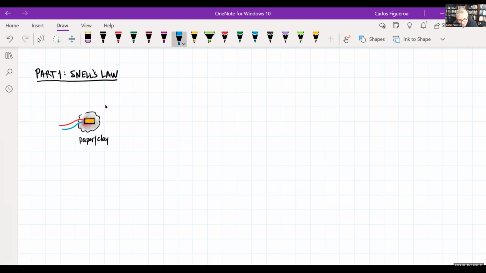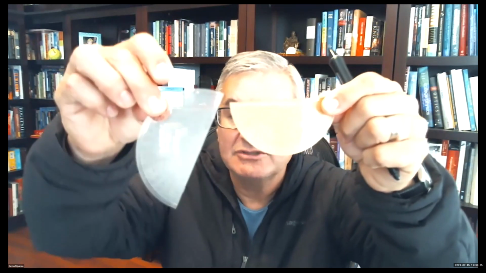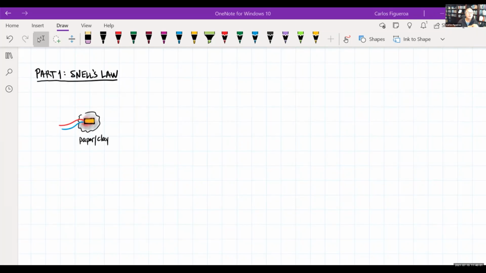Now what you're going to do is take a half circle. So when you look at my half circle here, you're going to pull this out of your kit, and you also have a protractor. These are the two things that you're going to need in this lab. Okay, now let me go share my screen again. You want to really orient